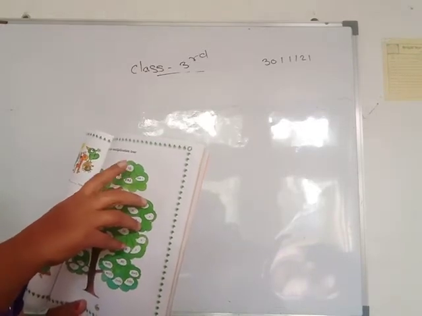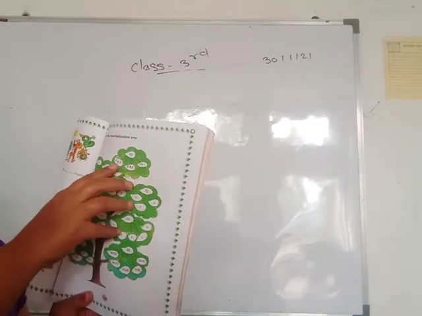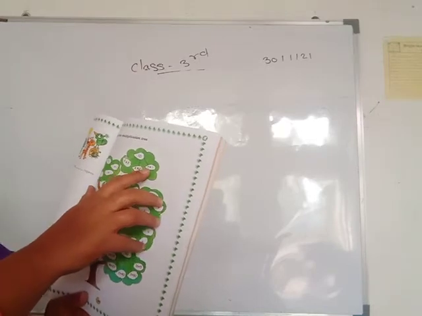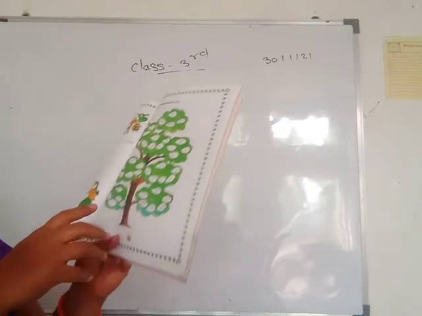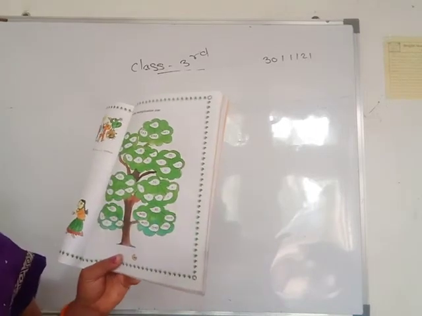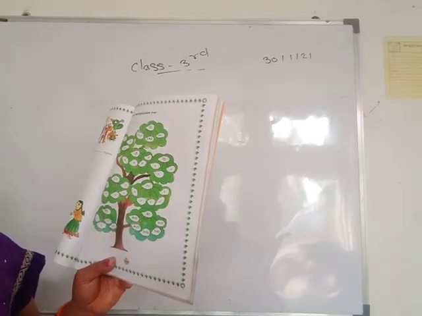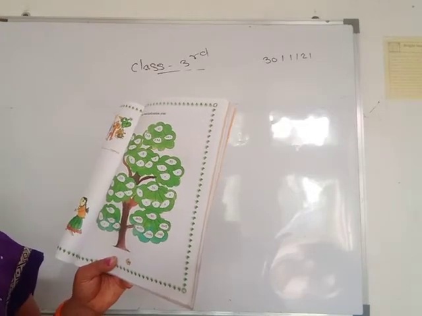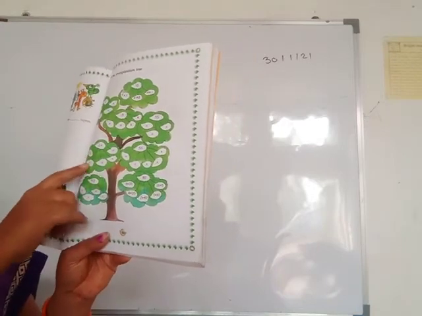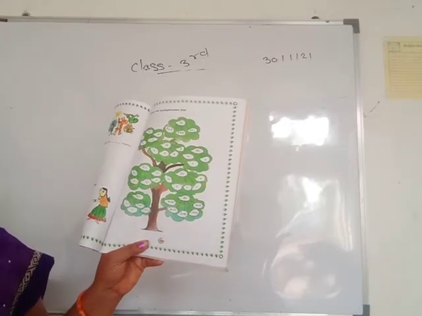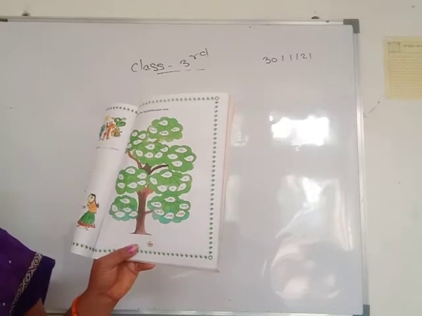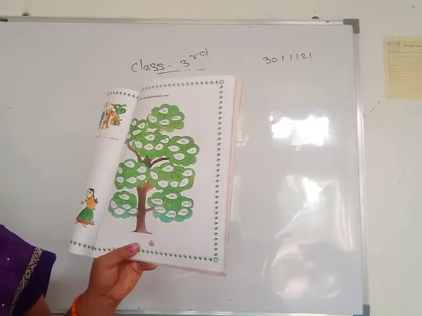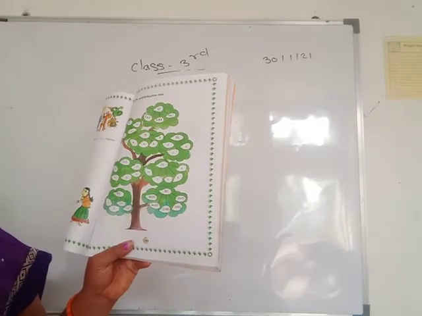Then here you see the number 10 is given. See, the answer for this multiplication tree is also given: 2 fives are 10, 5 twos are 10, and 10 ones are 10. Then next you see 35: 7 fives are 35, again 5 sevens are 35, and 35 ones are 35. Then 24. You write the multiplication of numbers that give 24: 6 fours are 24, 24 ones are 24, 8 threes are 24, then 3 eights are 24 and 4 sixes are 24.